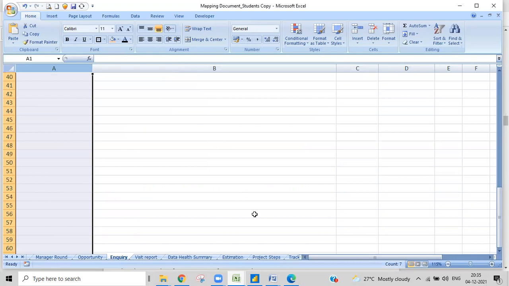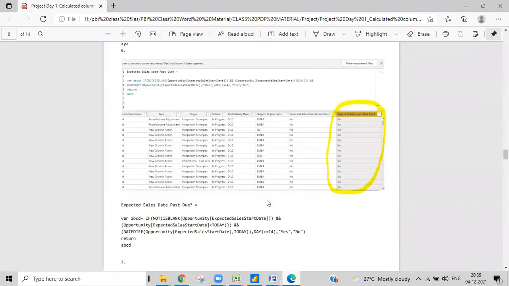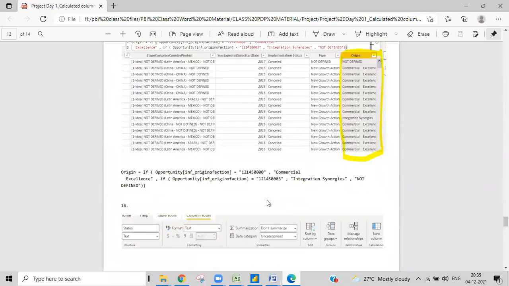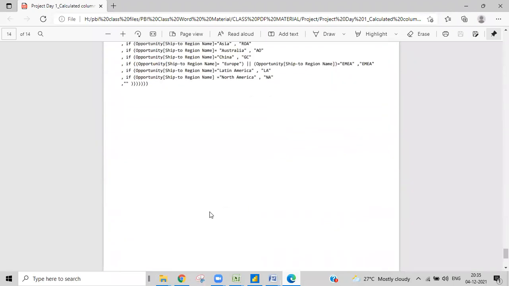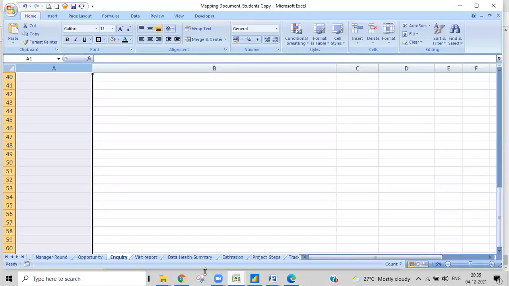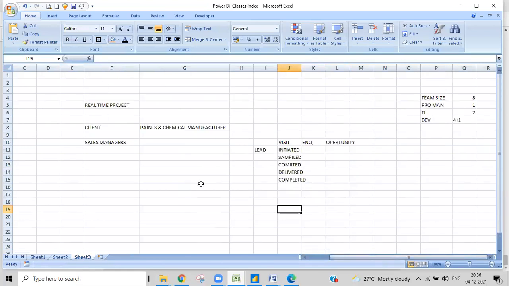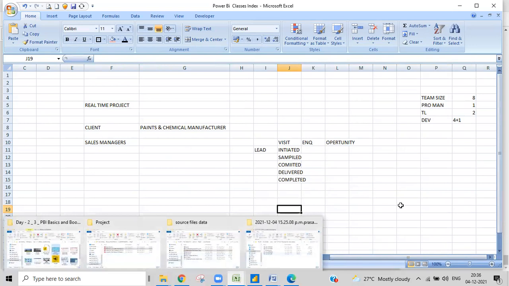Let's go into some other part. These are all columns that we need to create, and each and every logic was written over here. You can just check it out. That's fine. And then we'll go into the modeling part where we need to do a lot of things. We have gone through this one, and then we'll go with some modeling concepts.